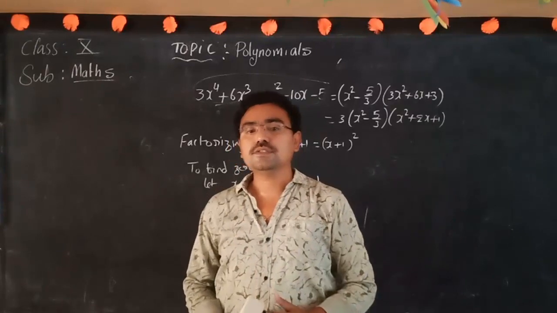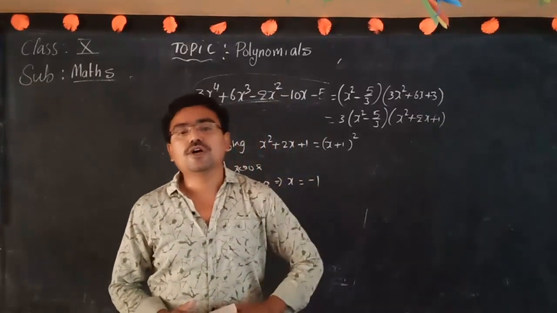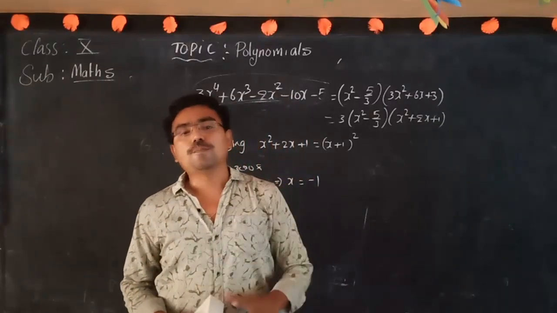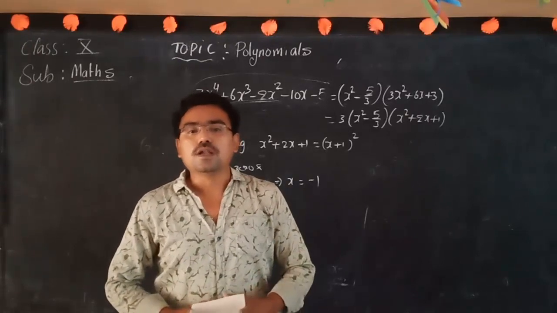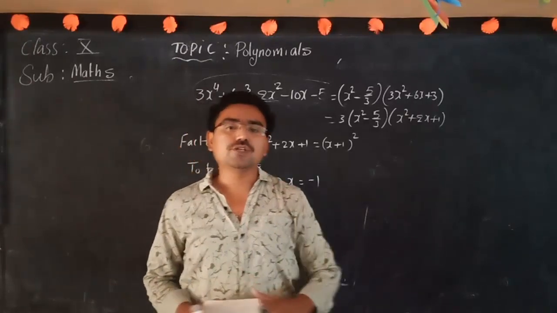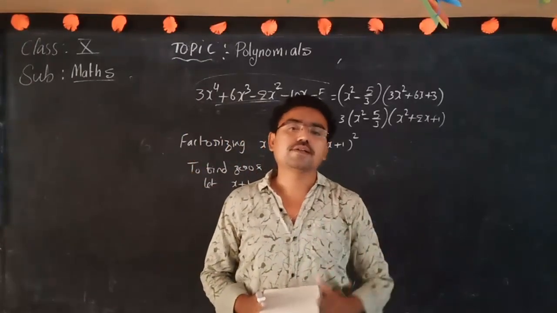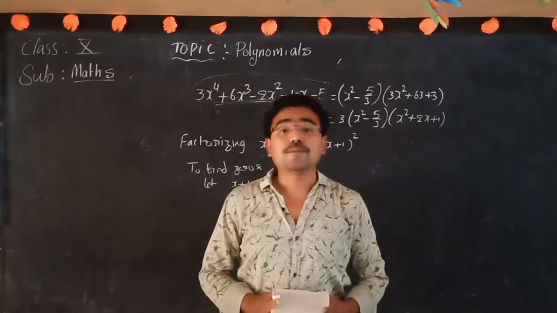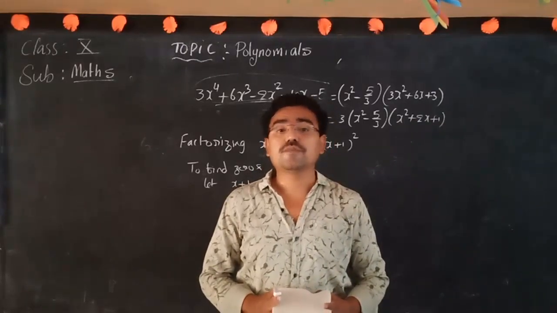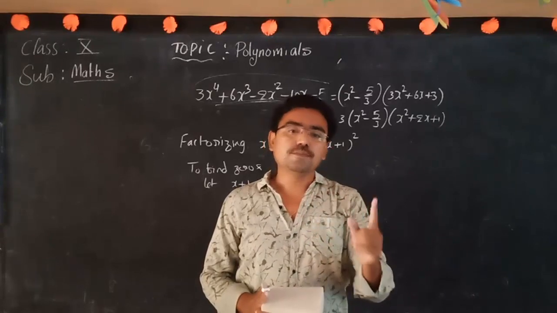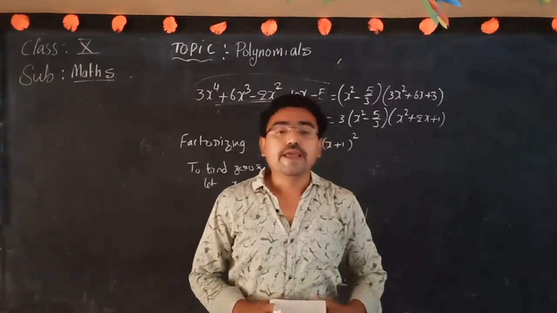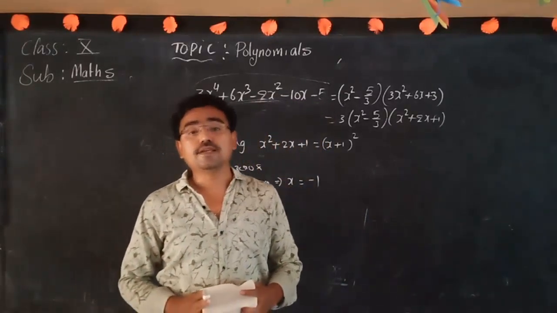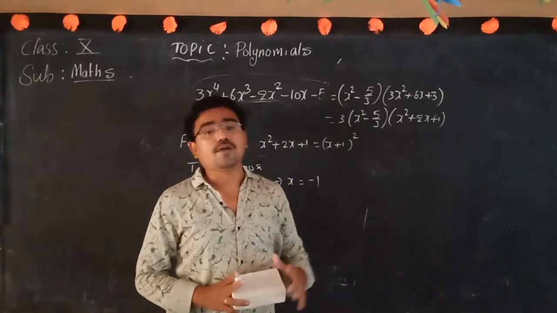So what is the process first? Based on the given zeros, first we should identify the factor of the polynomial. Root of 5 by 3 and minus root of 5 by 3, that means what is the factor actually? X minus root of 5 by 3 into x plus root of 5 by 3 is a factor. While simplifying, what will come? X square minus 5 by 3 is a factor of the given polynomial.